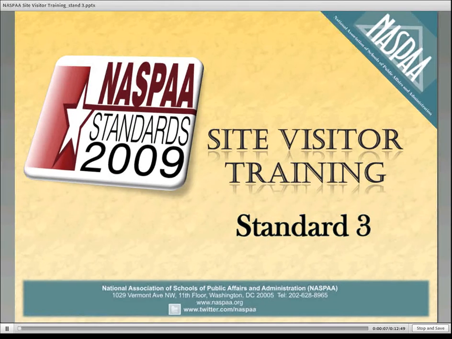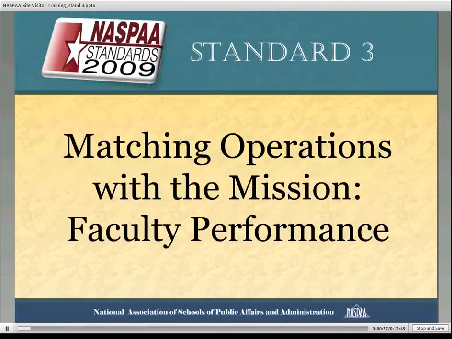Standard 3 of the 7 standards with regard to national accreditation refers to faculty performance, and here we want to match operations of the mission of the program with faculty performance. And this is obviously a central standard within national accreditation. So we're trying to match, again, the operations of the program with its mission, and we're looking at faculty performance